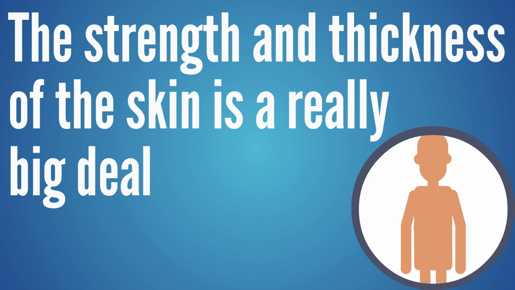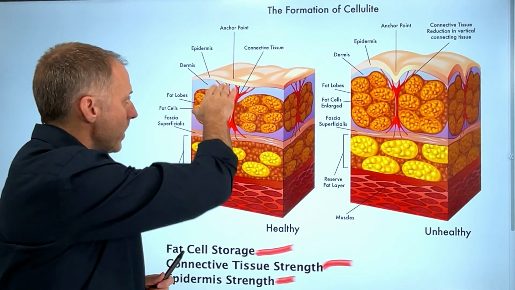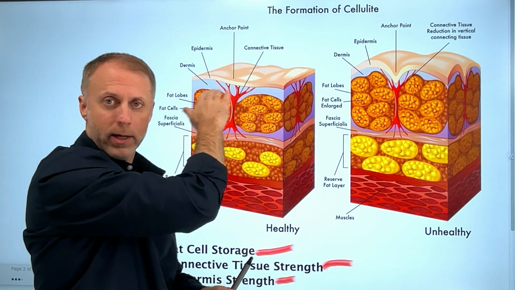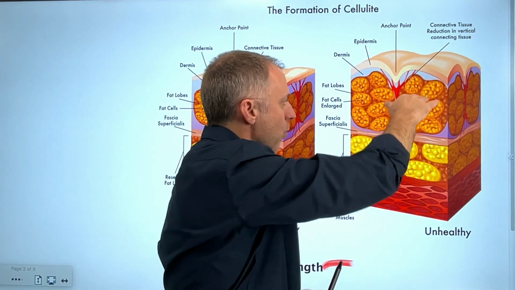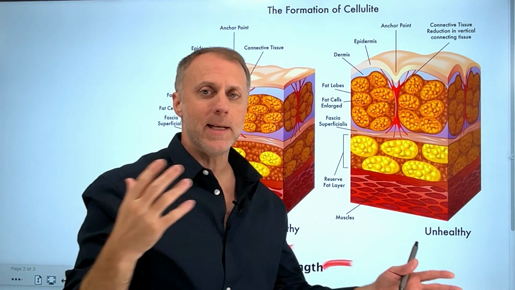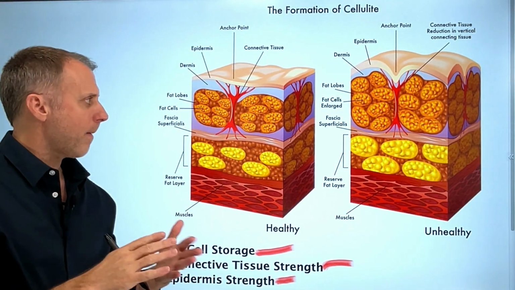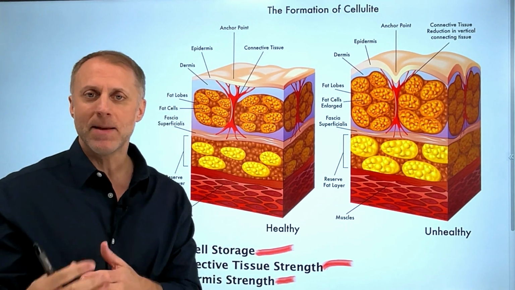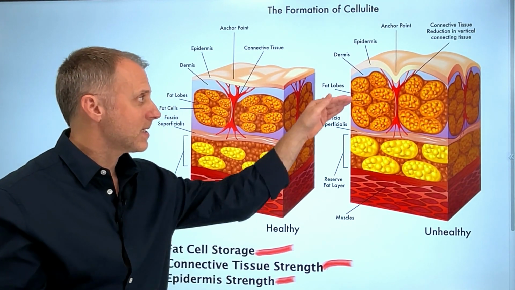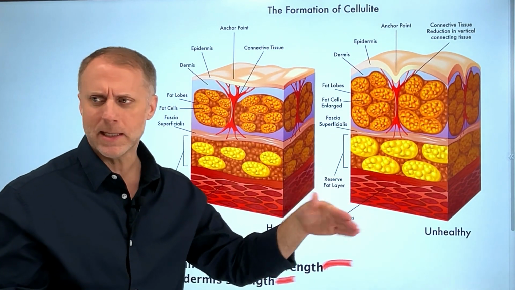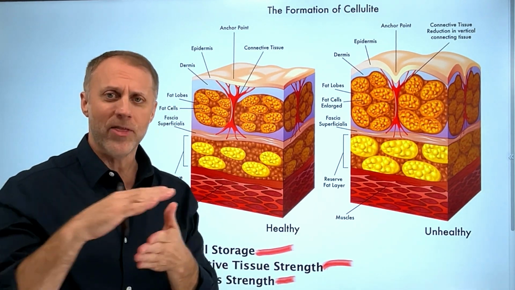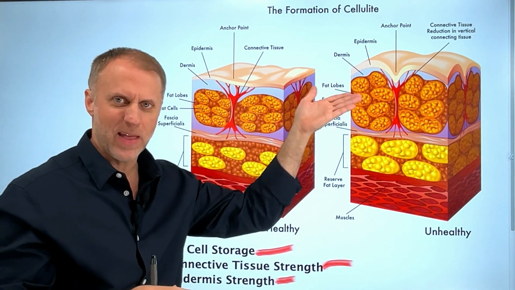So the strength of that skin, but also the thickness of that skin is a really big deal. When it's thick, it stays smooth, and that skin is strong, then it holds strong and it stays smooth. But when it's thin or it's weak, it's easier to create that dimple. So that's one of the reasons why this shows up more commonly with women, because men seem to have thicker skin and women seem to have thinner skin. Now, thinner skin doesn't mean you're going to get upset when somebody puts up a tweet on Twitter that you didn't like. Thin skin means actual skin that is thin.